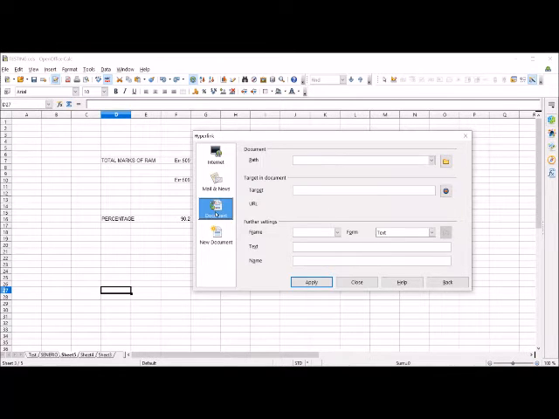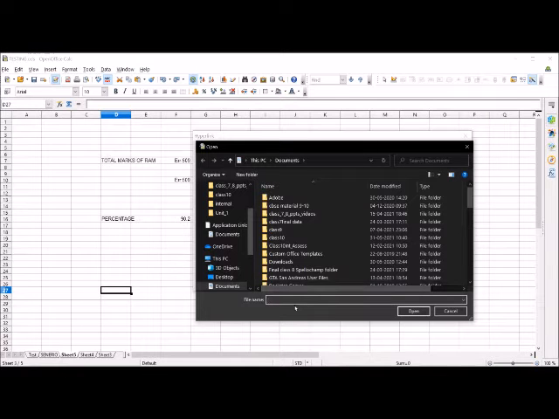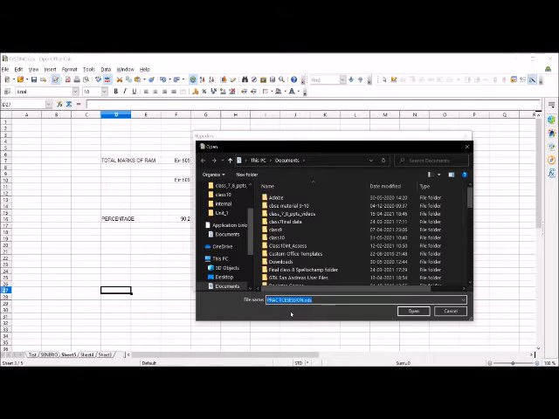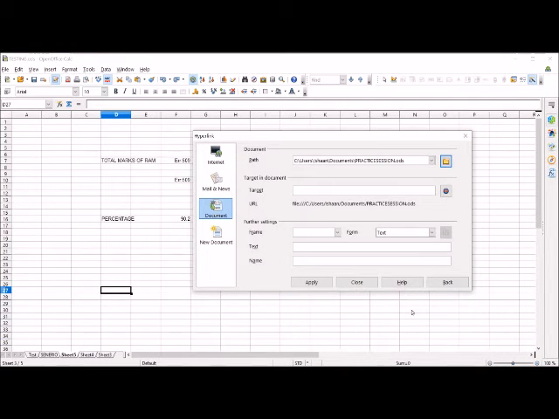So this is the third option, document. In this, if we want to link this worksheet with another workbook, then we'll have to give the path of that workbook here. For that, we'll have to browse that path. Suppose the name of the other workbook that I want to link is practice session. So I'll select it here, and I'll click open. The complete path of that workbook is available here.